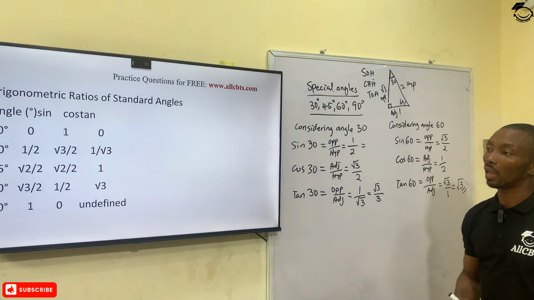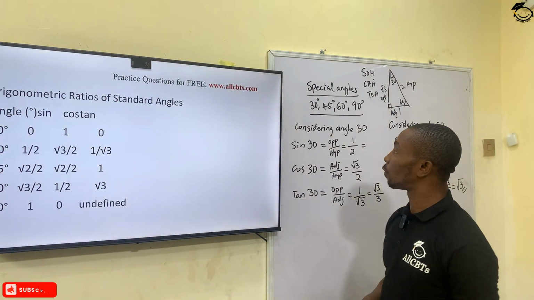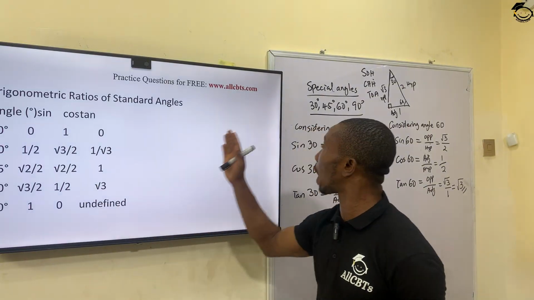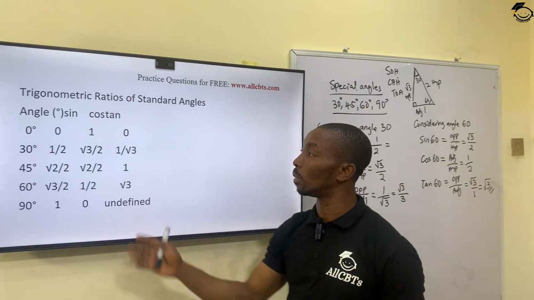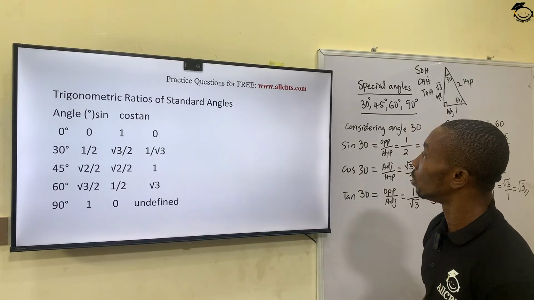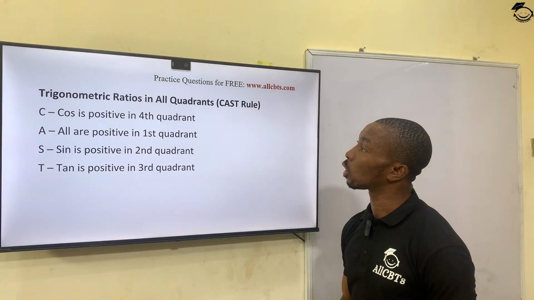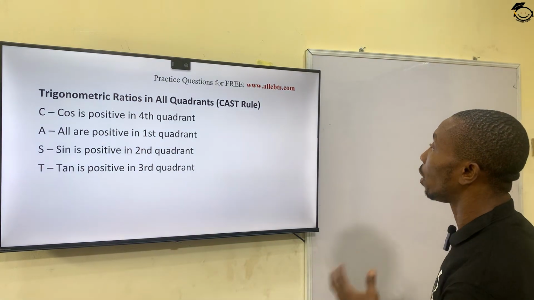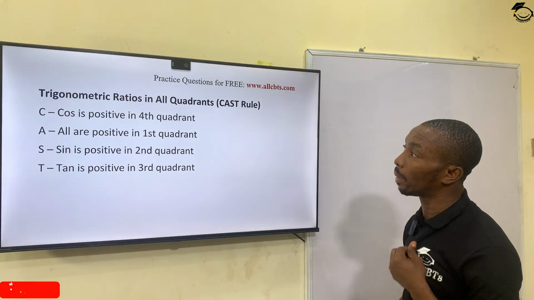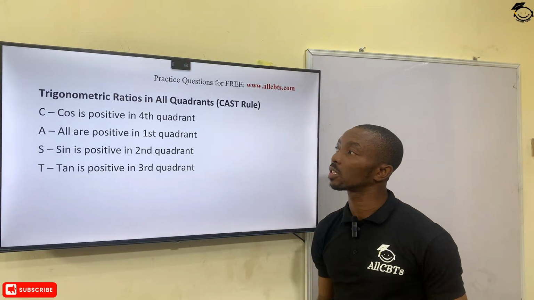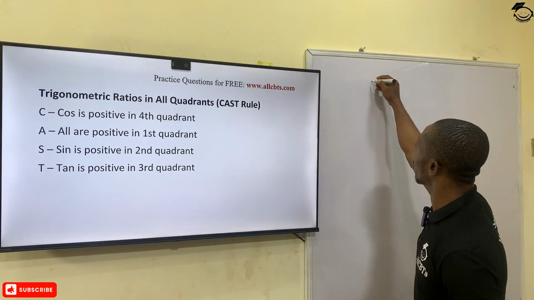Okay, so with this, we've been able to explain how our trigonometrical special angles are gotten from our trigonometrical ratios from our triangles. Now, the next thing we'll be considering is how these trigonometrical ratios are applied in quadrants. Now, we call it the cast rule. Now, having our cycle